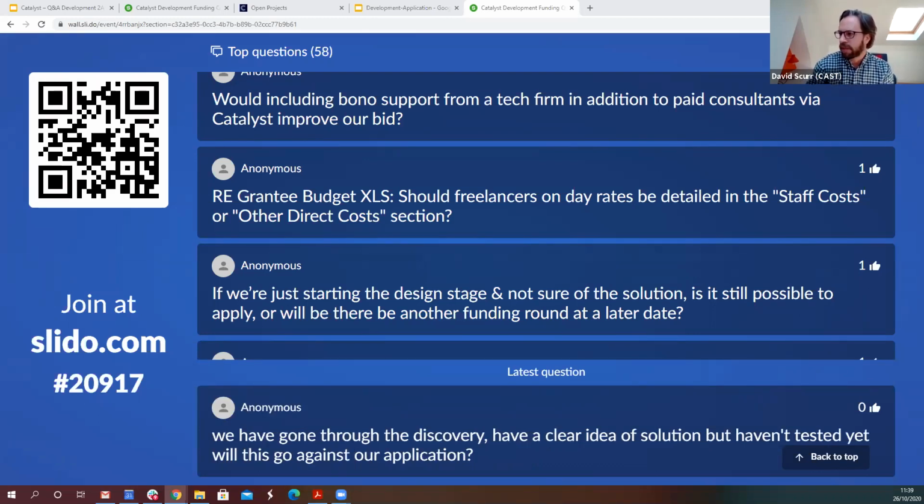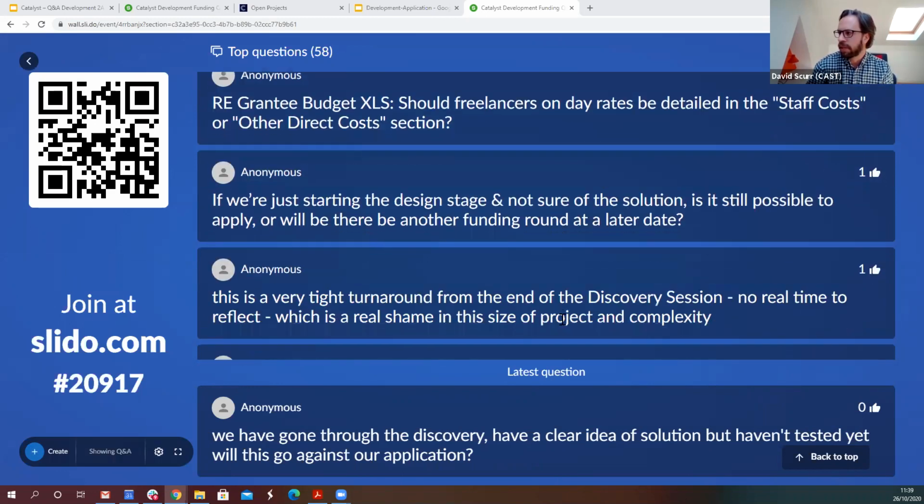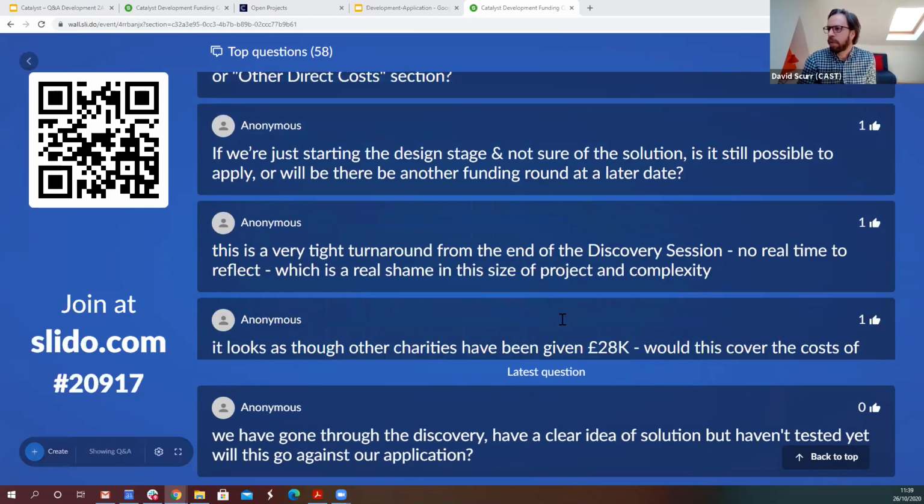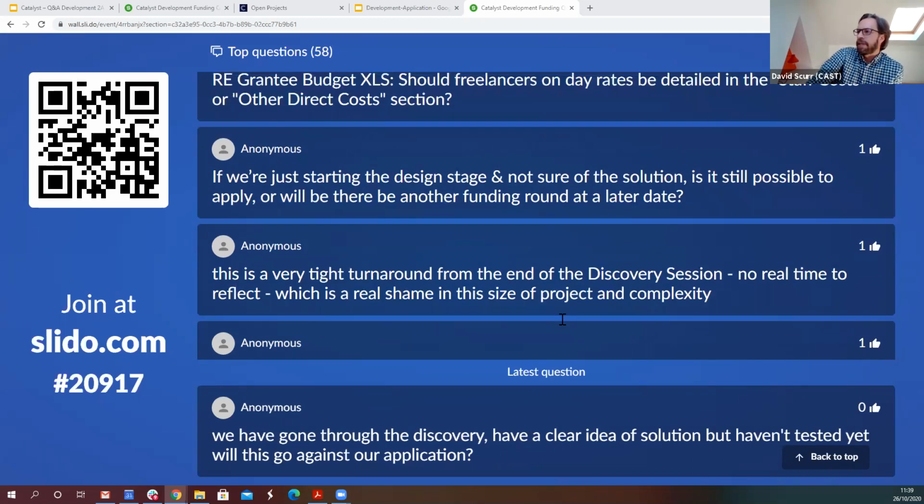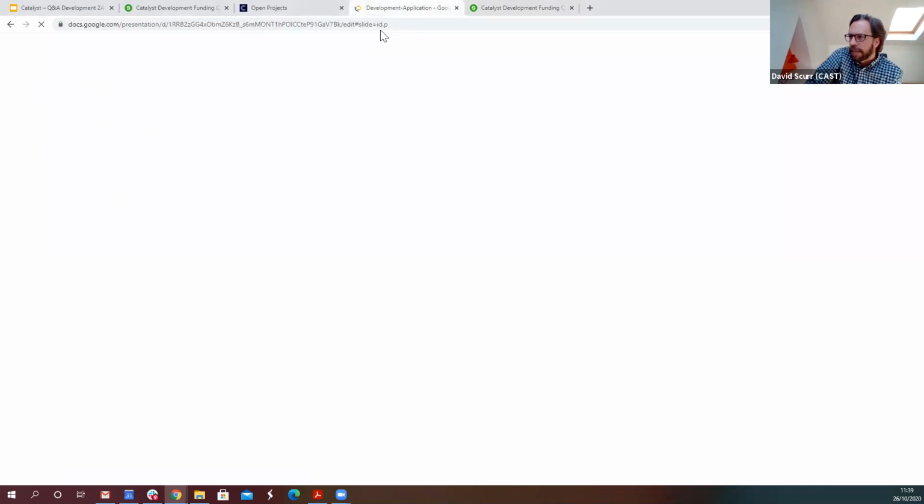If we're just starting the design stage and not sure of the solution, is it still possible to apply, or will there be another funding round at a later date? It's an interesting one. There's an interesting slide in the link I shared in the chat. Let me bring it up if I've got it here, just so you get a better idea of